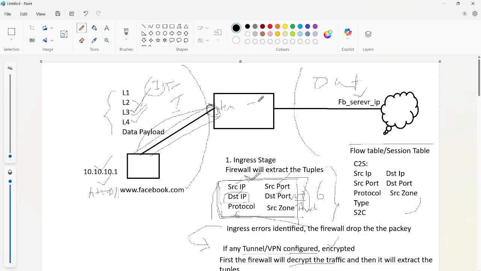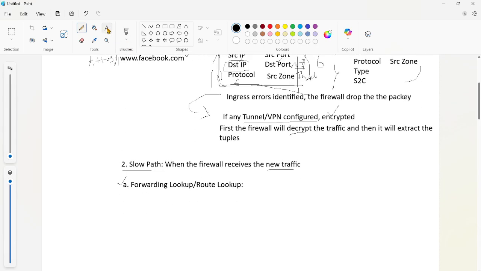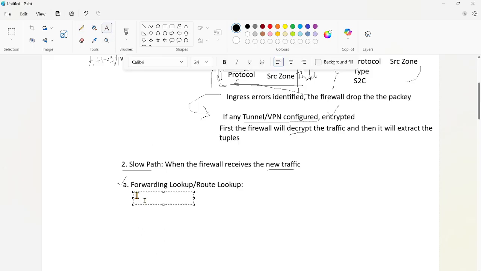In order to send the traffic out, the firewall should have a route to the Facebook server. So it identifies whether there is a route in the routing table for the destination IP that we extracted.